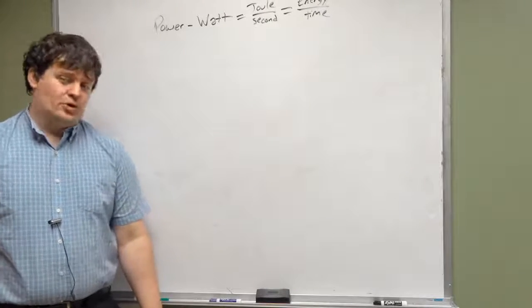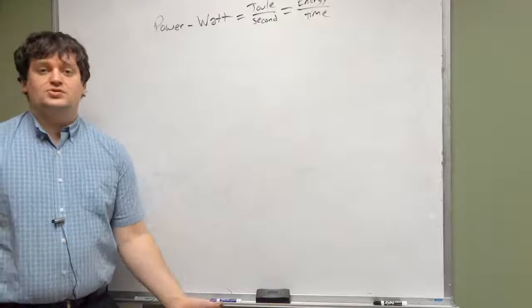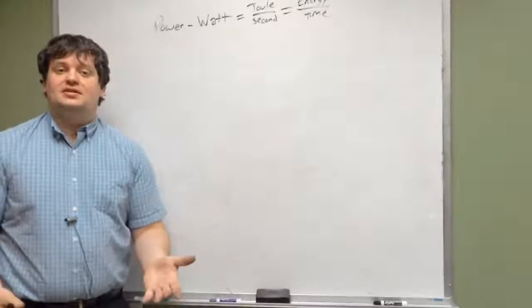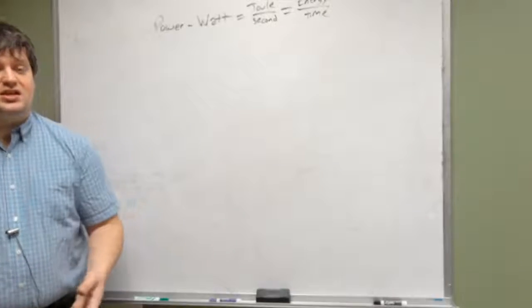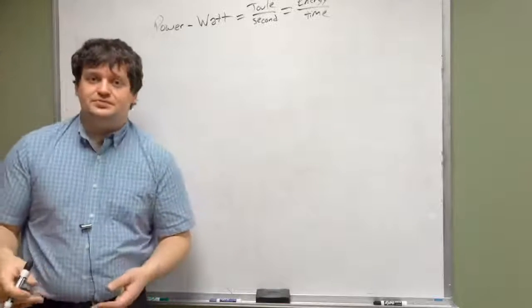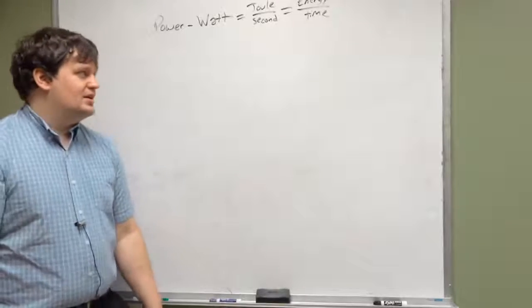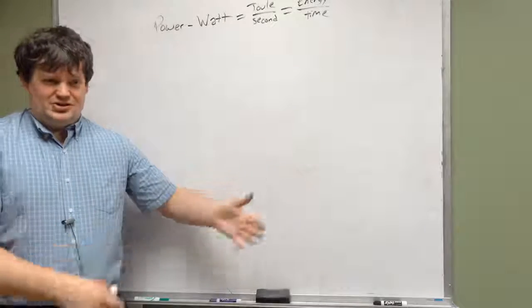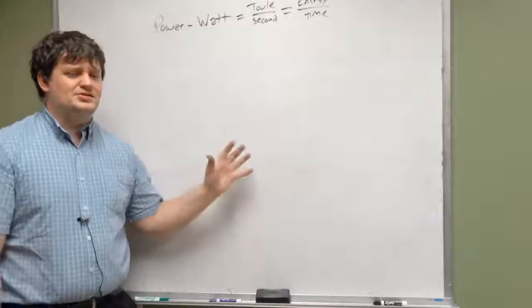Energy takes many forms, which is why power is so useful. Because energy could be light energy, could be heat energy, could be electric energy, which is the voltage multiplied by the number of electrons. Okay, it can be a number of different things. It could be speed energy, how fast an object is traveling. Power is really